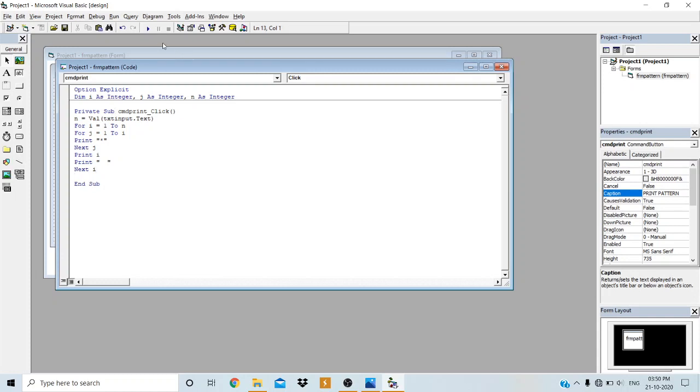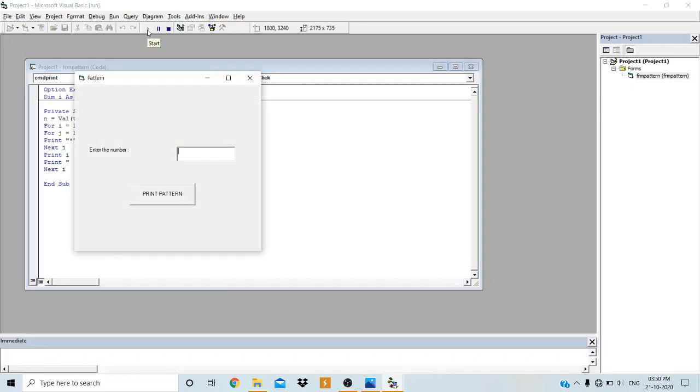Just observe the output. I will run the application, provide the input as 3 and click on the command button. Yes, it is displaying in this manner: star 1, then 2 stars and 2.